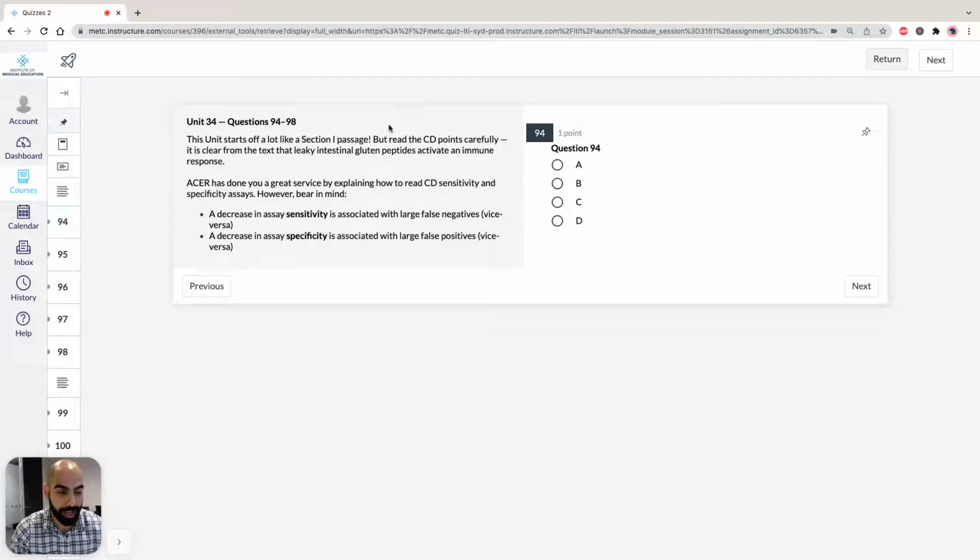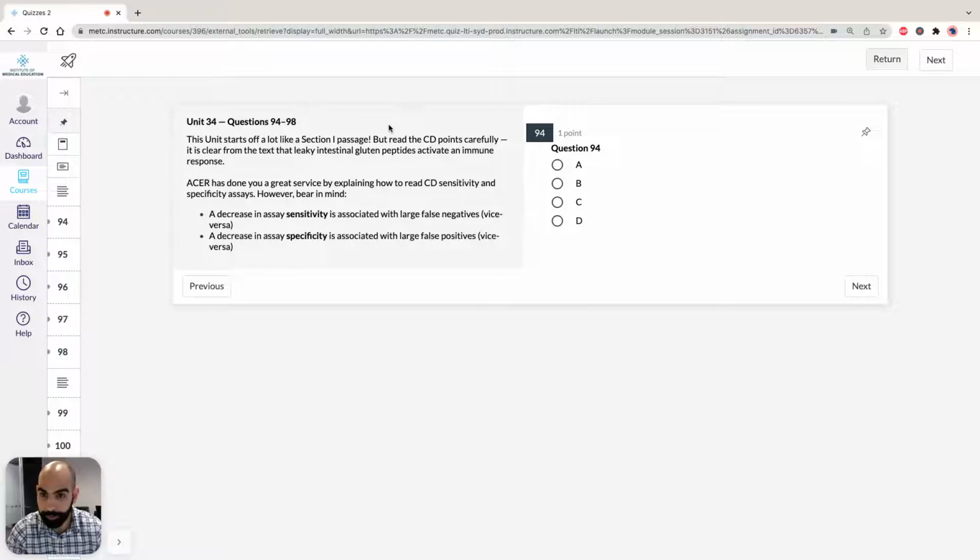Celiac disease is actually not well understood because many people can't differentiate between celiac disease and Crohn's disease. The main difference is that we kind of know how celiac disease works. Crohn's disease, we kind of don't know. But we've been given this massive passage in this unit about the pathophysiology, or the theory as to how celiac